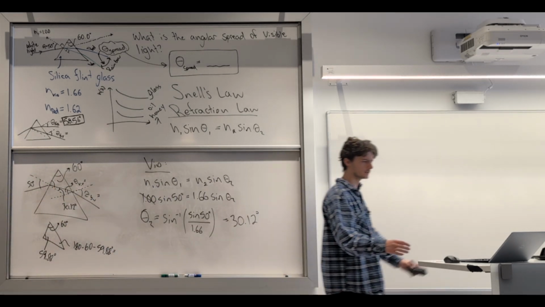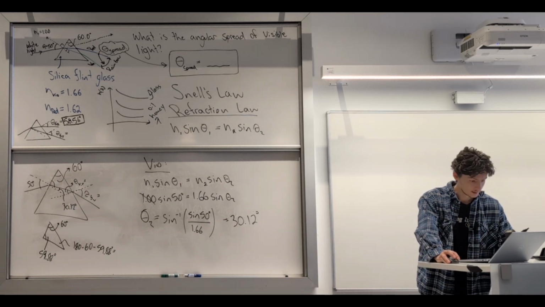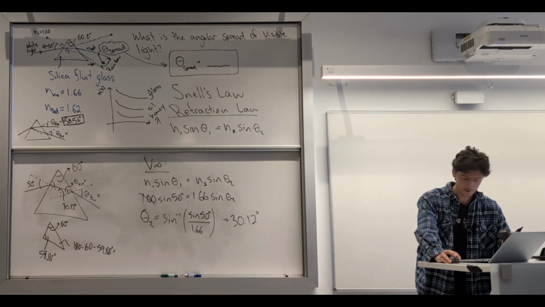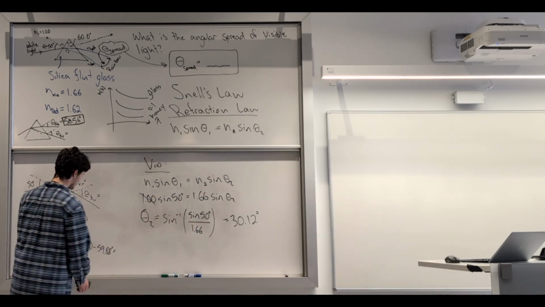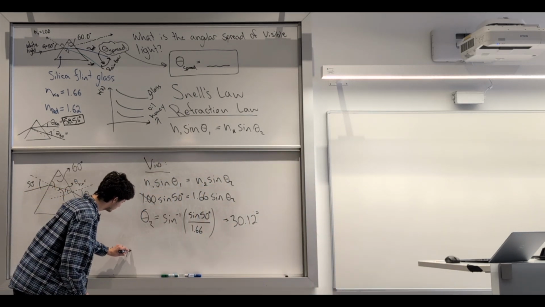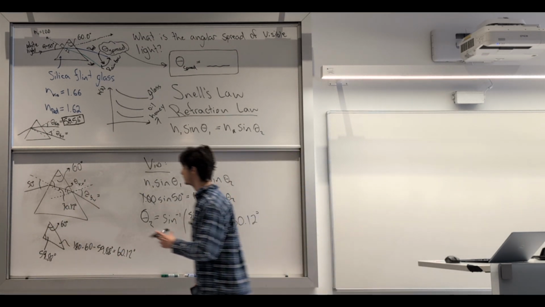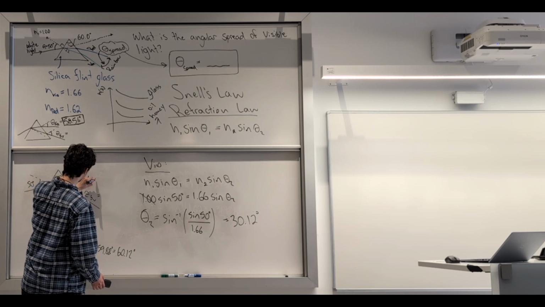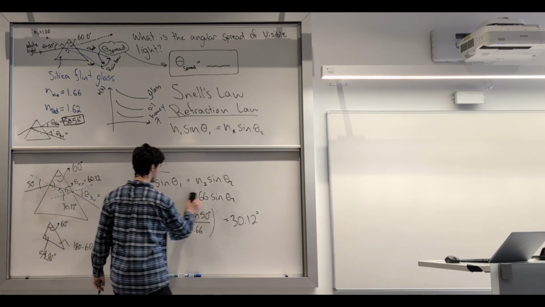So let's take a look at that. 180 minus 60 minus 59.88 equals 60.12. Does that make sense? 60.12 degrees. Okay, 60.12. And that is this angle here, 60.12, which allows us to do Snell's law again as